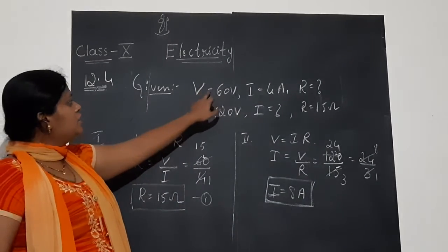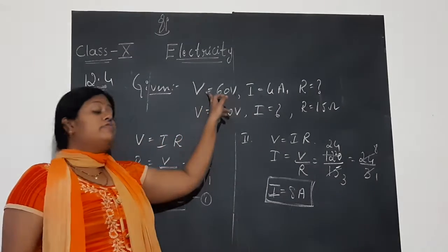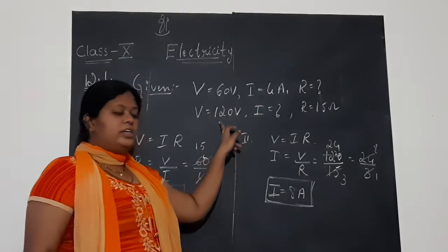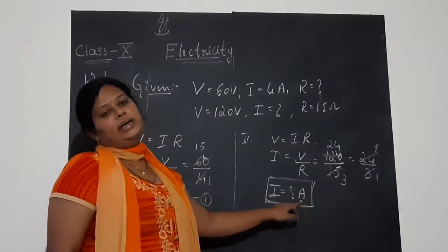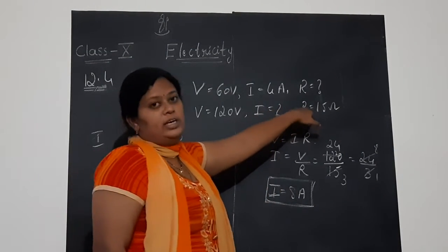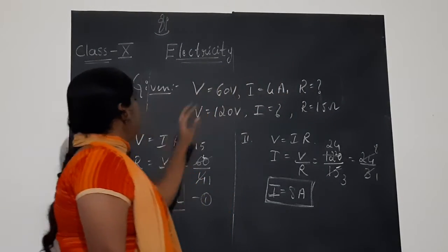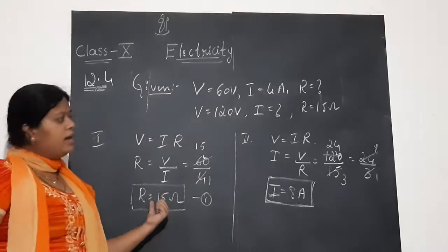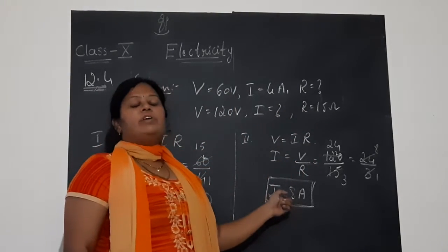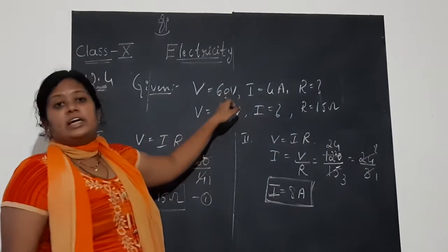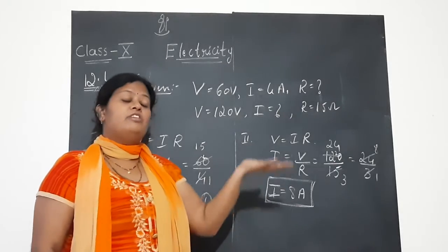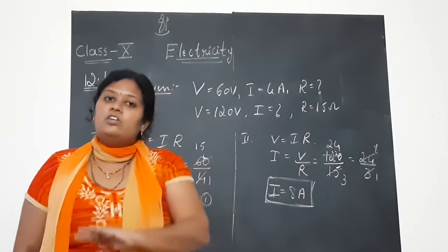So when the voltage of 60 volts was given to the electric heater, it drew a current of 4 ampere. When we increase the voltage to 120 volts, the current drawn was 8 ampere. That is how we find it out. Resistance was an unknown quantity in both the cases. So what we did is, using this value of V and I by using Ohm's law, we found R. Next, in the second part, we substituted that value of R from equation 1 and found the current. So we studied now, as the potential difference increases, current also increases. If potential difference decreases, current also decreases.